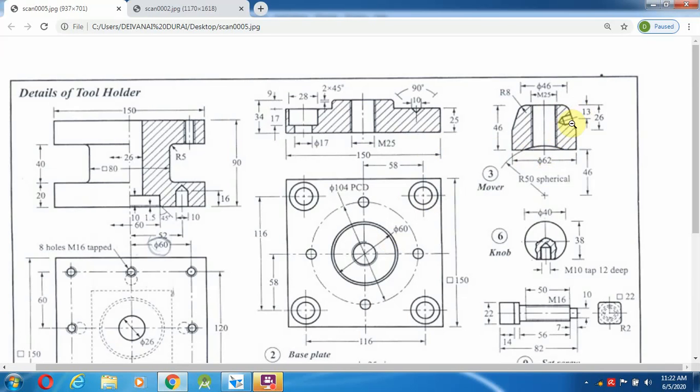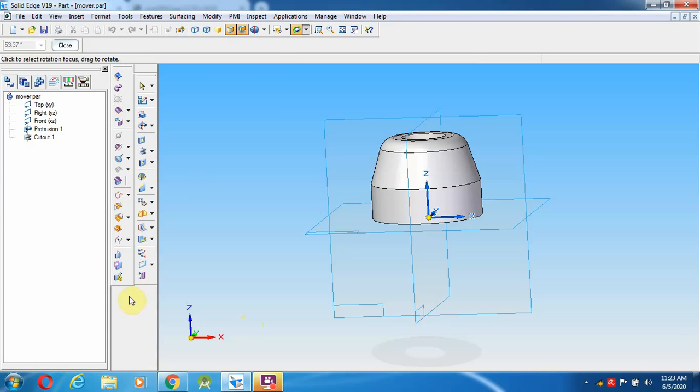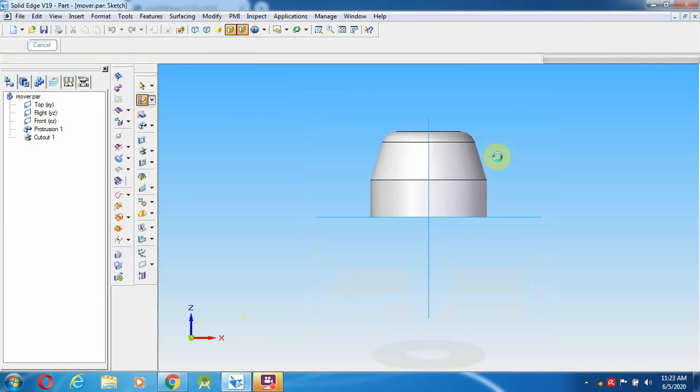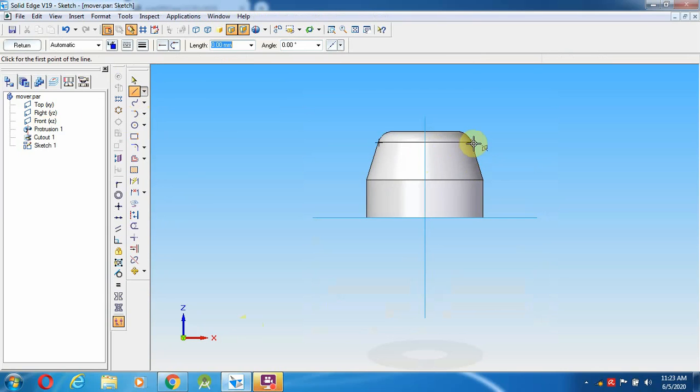This is the hole I have to create at a 13 mm distance from the top. Go over here and first use a sketch. I am going to make a line over here, from here to this line. Okay, this is for reference. And one more straight line I'm going to make, anywhere on this line, at a 13 mm distance from here to the straight line.